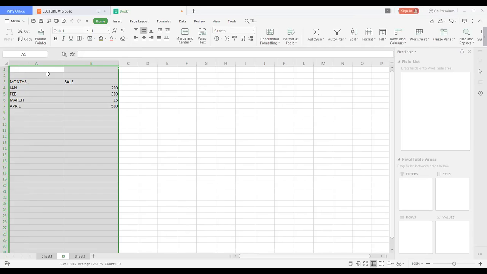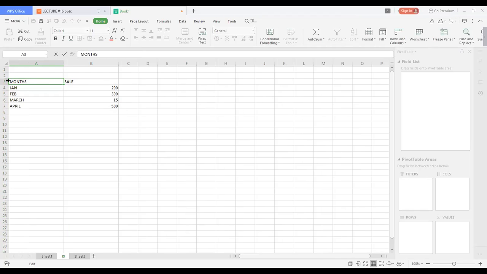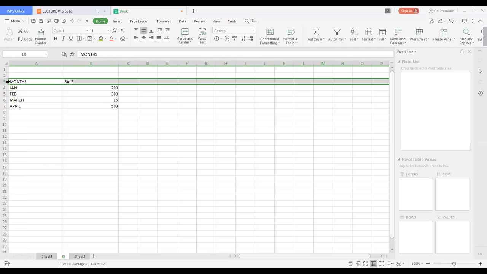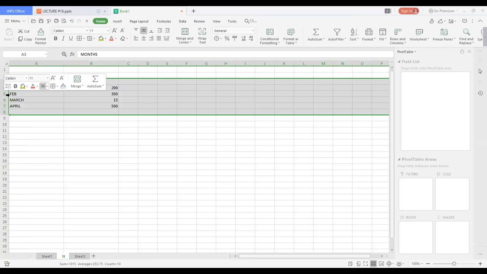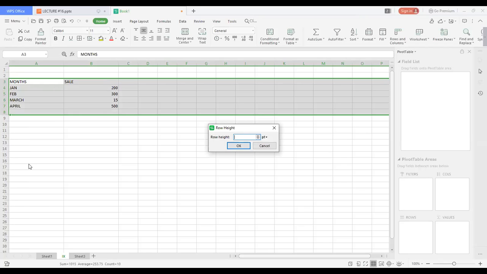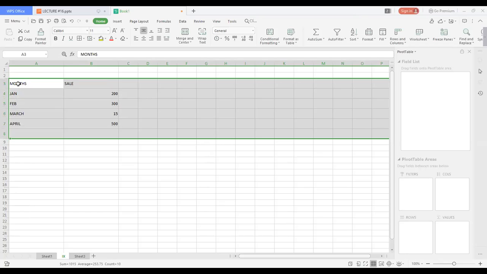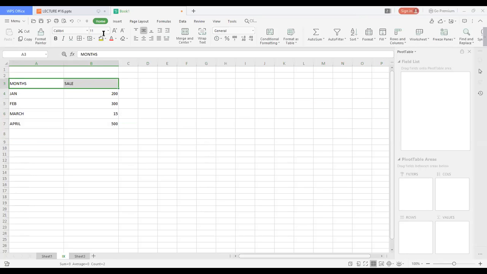I'll show you everything in this particular data, right? I had increased the size of the column. I will increase the size of the rows as well. Right. Now these are my headings. Now headings should be prominent and bold.